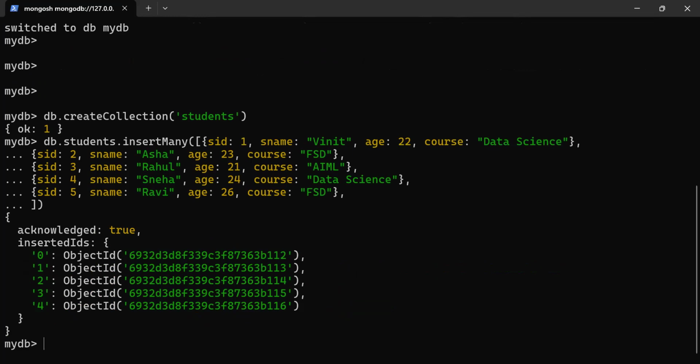Okay, then I want to check whether... I want to display all the documents which I have inserted. So for that I will use the command db.students, my collection name students, and then I will use the find command, and in the find command